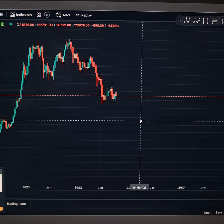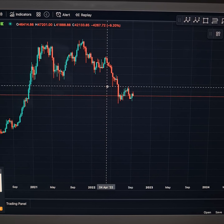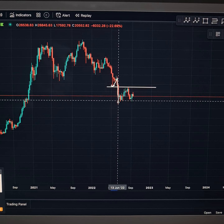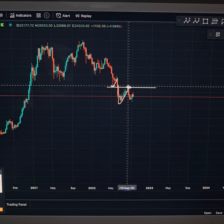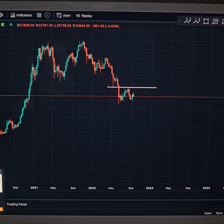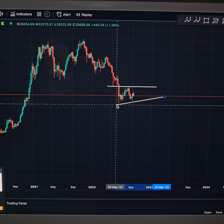Just to get some basic patterns on here, if we zoom into the weekly a little bit, you can see that Bitcoin's got this level of resistance here. This was previous support right here, it came up, met resistance, lost that support, and that previous support is now resistance. We've lost that and are trying to work our way back up to it again for a third time. So if Bitcoin does hold this line here,